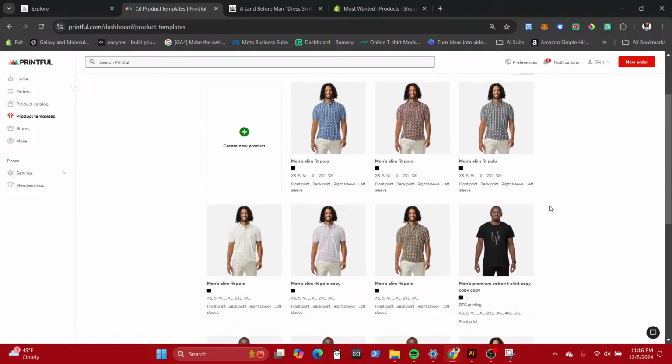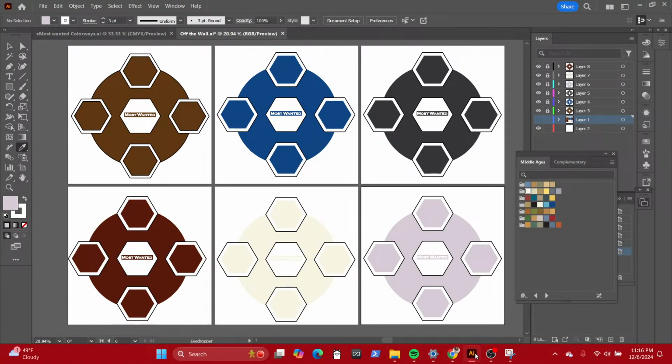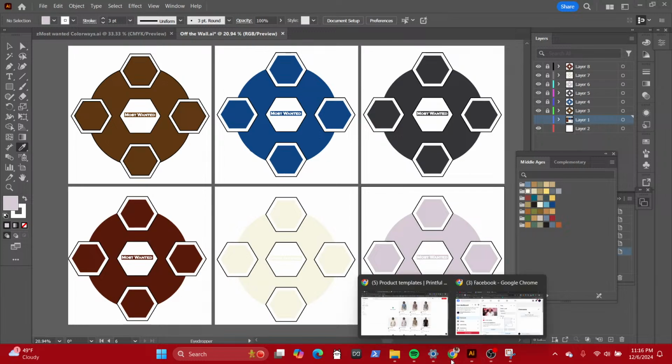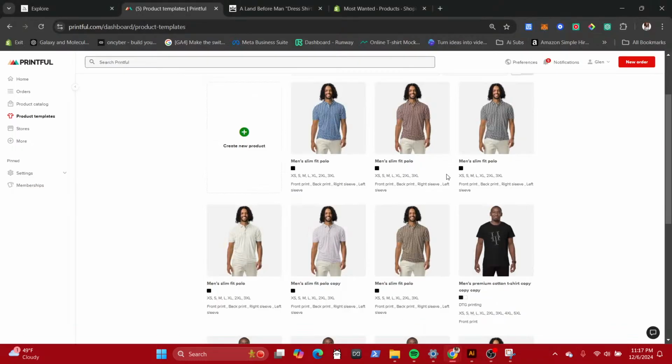So right now I'm thinking we only got four. So these two colors are too similar to each other, which would be these two right here. So that may only be four designs.